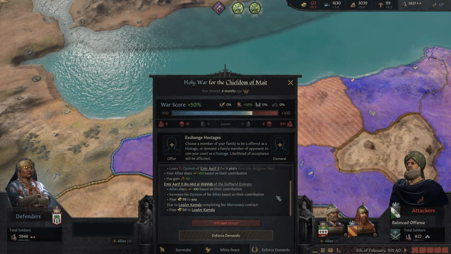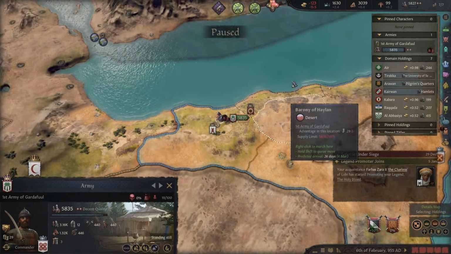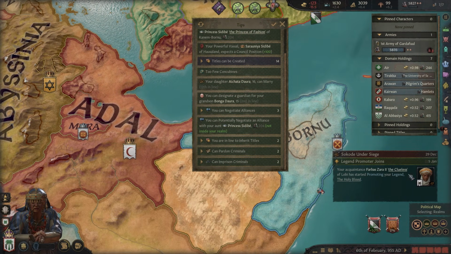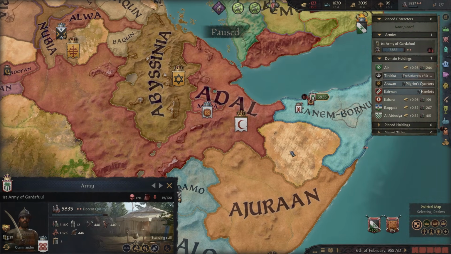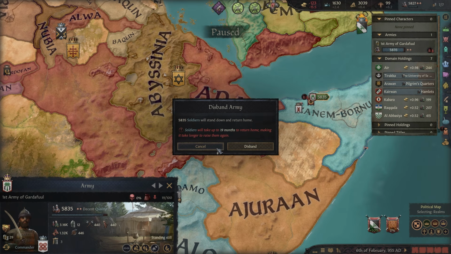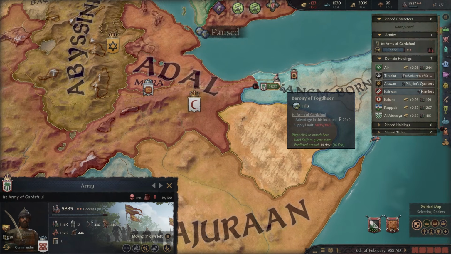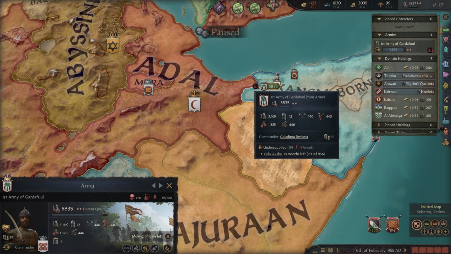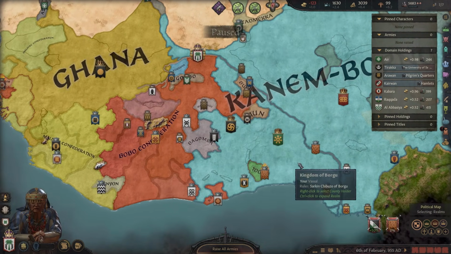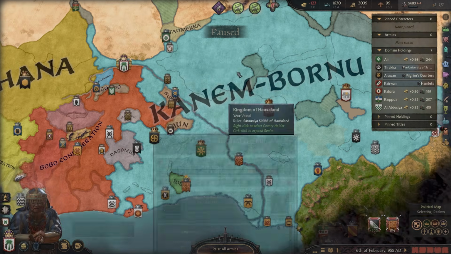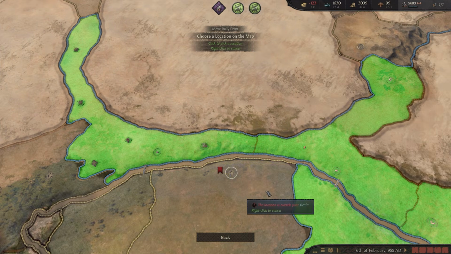Okay. That's actually not worth it for us right now. Yeah, I don't need that 99. The reason I don't need the 99 is because of the amount of time it's going to take us to actually win this war, I'm going to lose more than 99 gold. I think I disband the army and I re-raise them. 19 months? How long is it going to take you to get here? It's going to take you 18 months to get there? 100% disband the army. Disband the army and we'll re-raise it over here. Right? And then we can at least earn money while we're waiting.